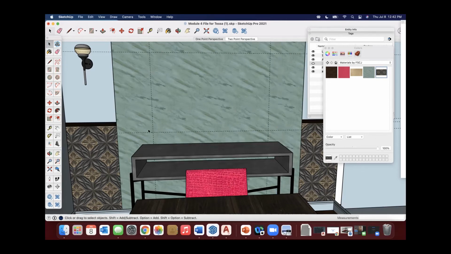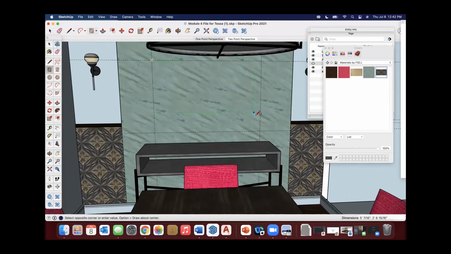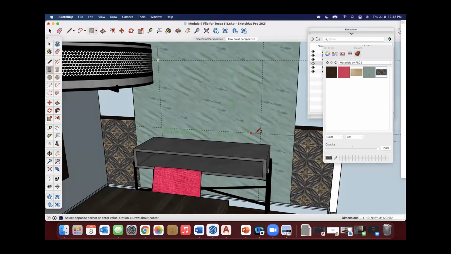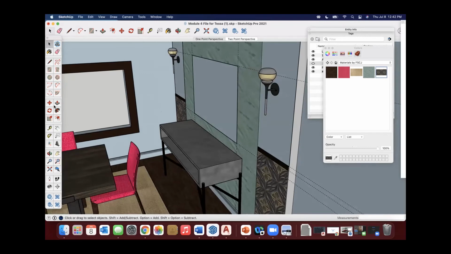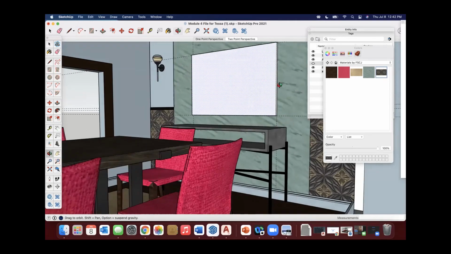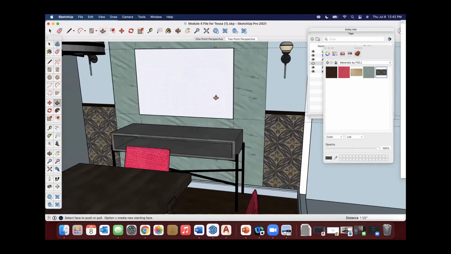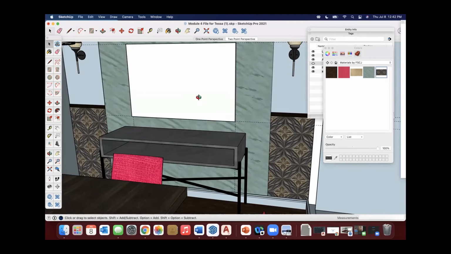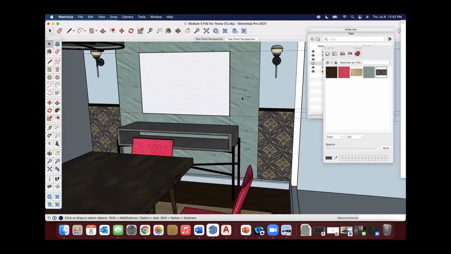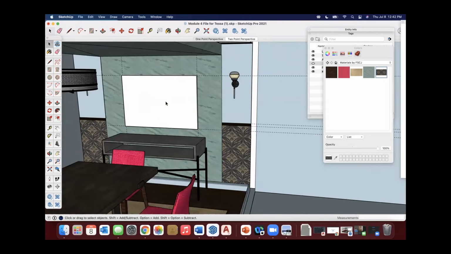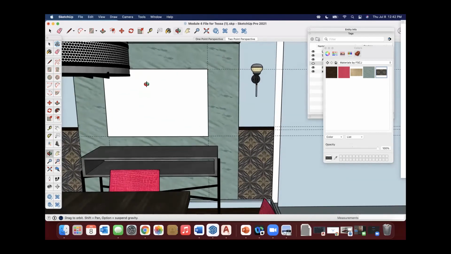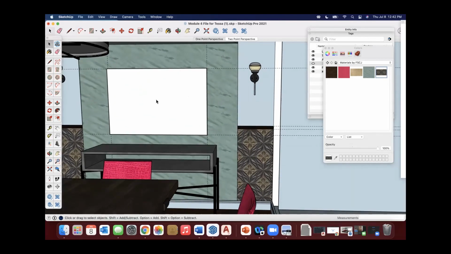Okay. And now I am going to draw a face on the front of this. And I'm going to give it just a little bit of thickness, again, to make it look like a canvas on a wall. And then I like to go ahead and group this, or you could do it after the fact. This is not grouped. The wall technically should be grouped before I ever put art on it. So do as I say, not as I do in this one. But now it's ready for me to bring in and create that artwork.